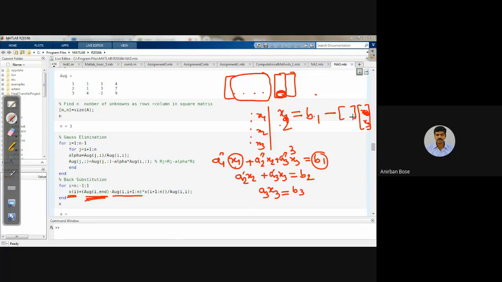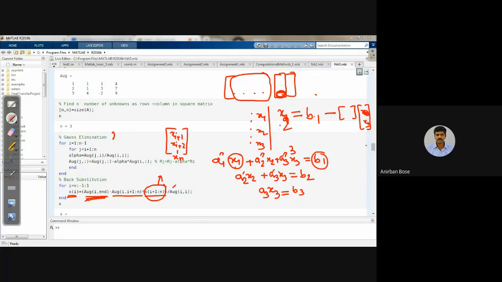Like that way. If there are 4, and you want to find out x1, then x2, x3, x4 will be there. So here you see the multiplication is x i plus 1 to n. Whichever one you want to find out, from the next up to n, all the values will be there. So this particular thing is nothing but a column matrix: x i plus 1, x i plus 2, like that up to xn.